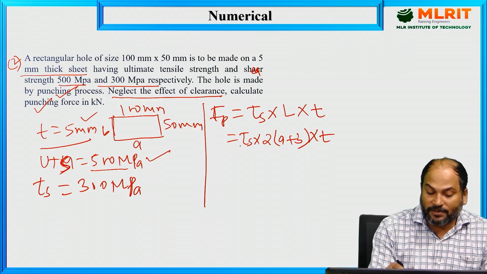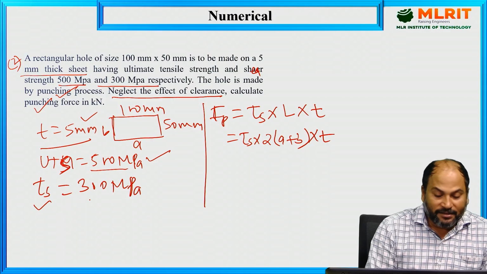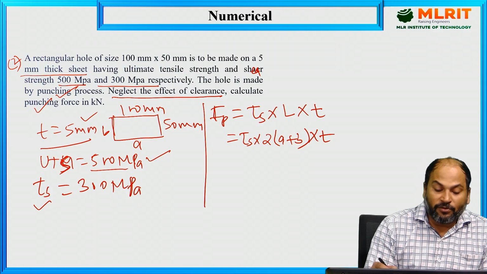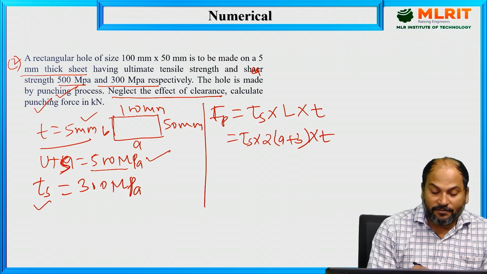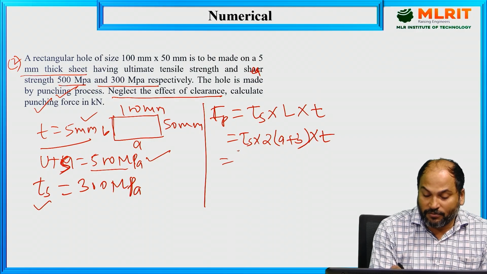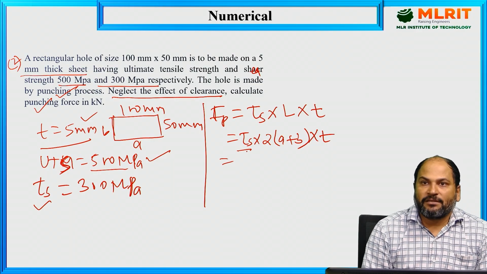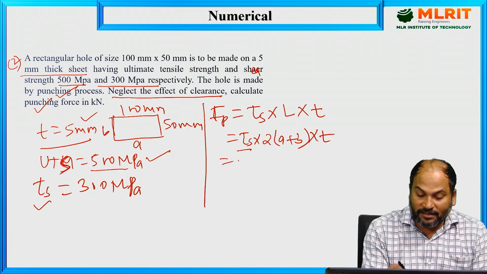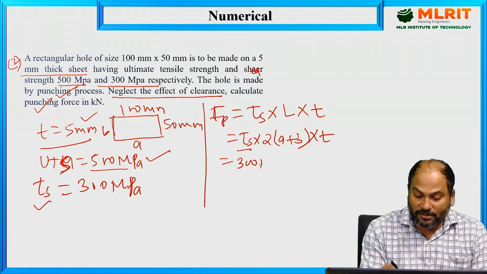What is the value of tau s? It is given in the problem, shear strength 300 megapascal. What is the value of A? It is 100 mm. And what is the value of B? It is 50 mm. So after that we have to put in the values. Again we are not going to change the unit because again it will be cancelled out. So the shear stress is given as 300 megapascal, so it is nothing but Newton per